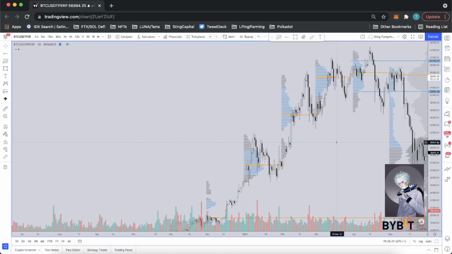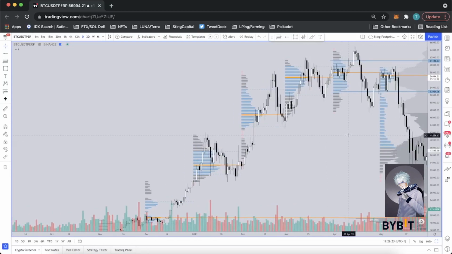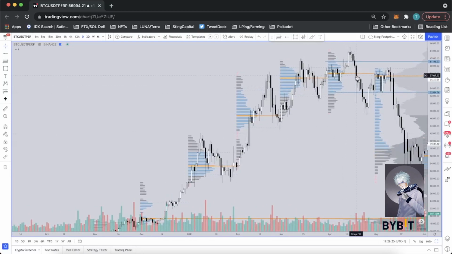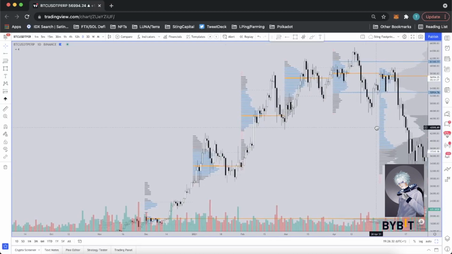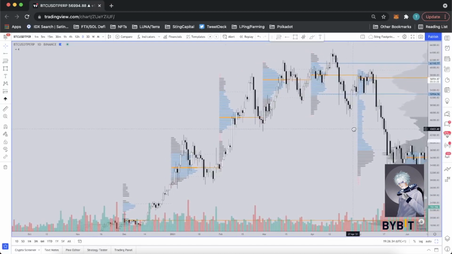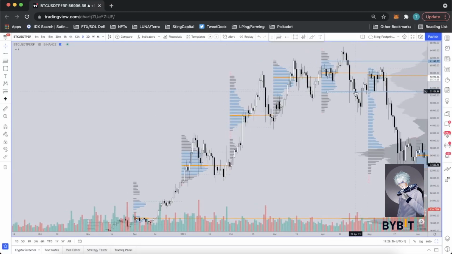And so basically, when we look at this profile right now, we can see that this level has been traded at, the point of control has been traded at, but the value area high hasn't been traded at yet, right? So when the new monthly candle opens, we're going to adjust our profiles when price starts trading, but we're going to use this as a reference point, the value area high, and we're going to use the value area low